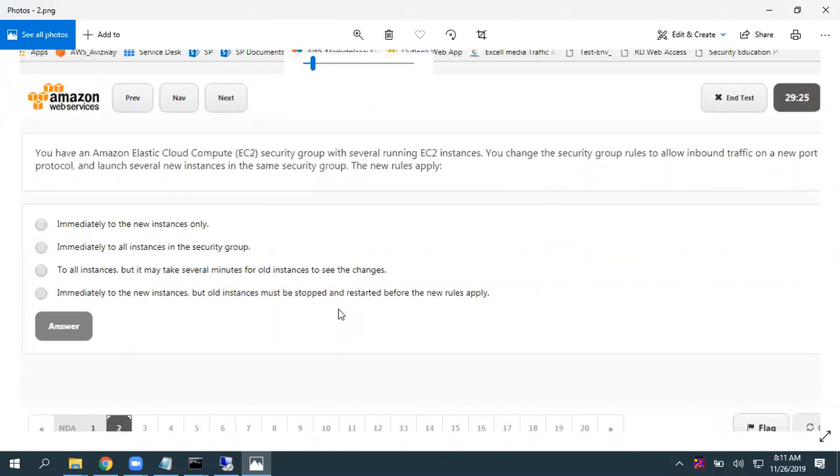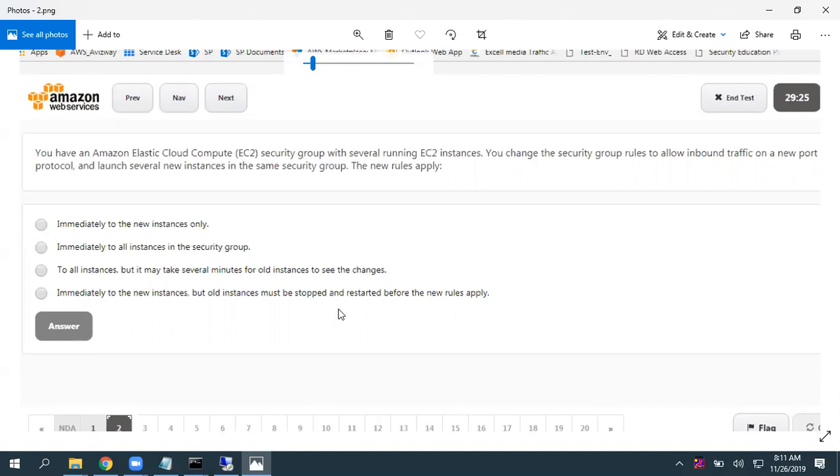See, changes to the security group are going to take effect immediately. I use this sentence multiple times. For existing instances, you really need no reboot. You really need no start and stop. However many instances you have, existing or newly launching, changes to the security group are going to take effect immediately.